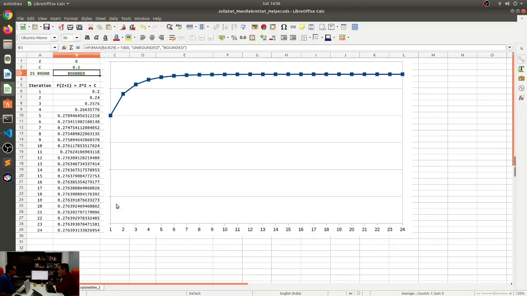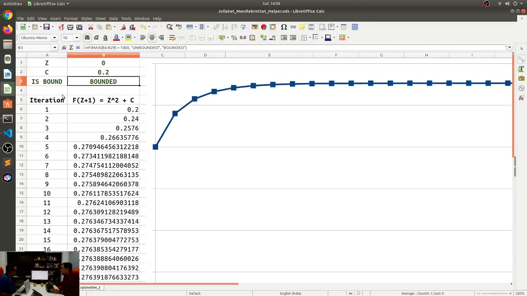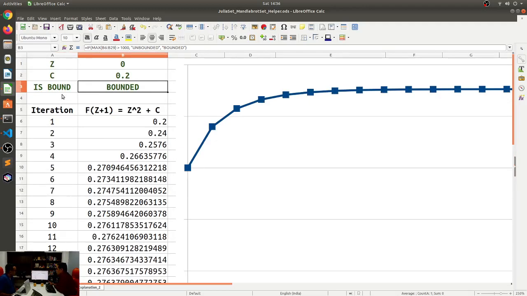All right. And I have this really neat calculator thing going on over here. Okay. So z, I have a value z which will keep on changing, and I have a fixed value C. All right, so this value remains constant. And what I'm going to determine is if I keep on iterating through that formula, f of z plus 1 is equal to z square plus c.